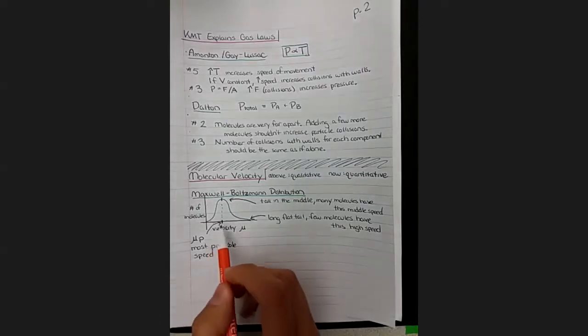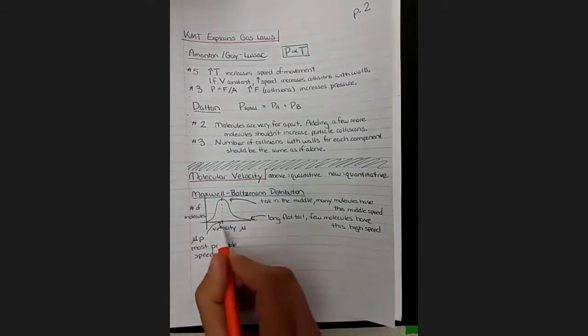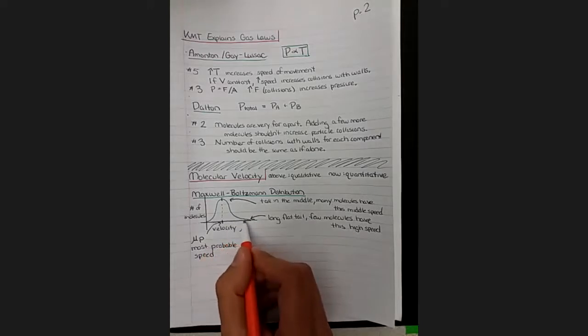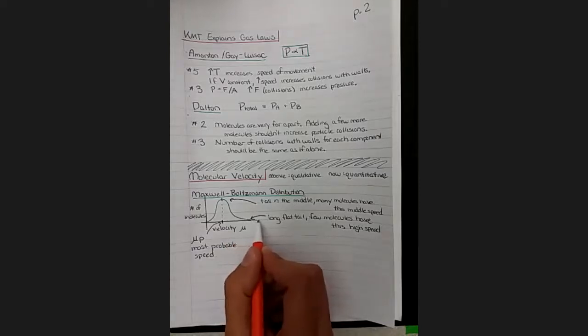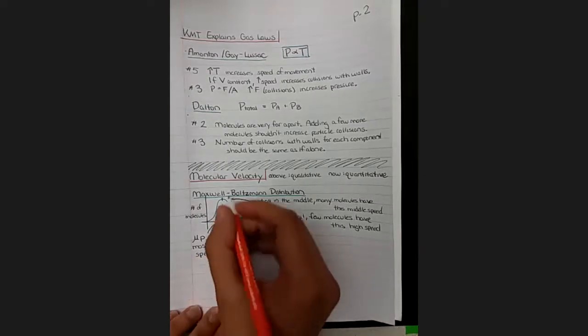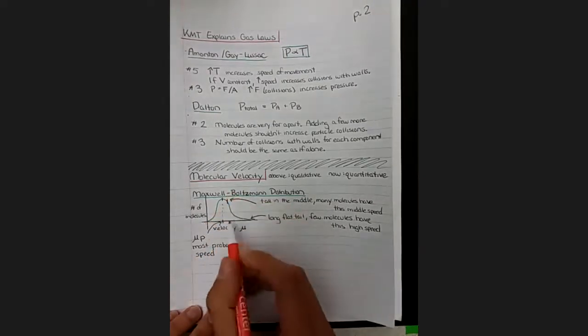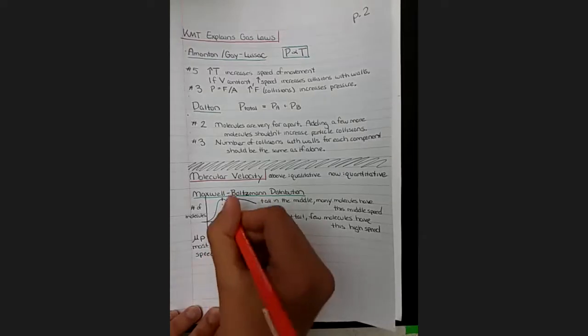So if we magically had the ability to measure the velocity of a particular particle that we snatched out of the container and put it on a little treadmill and figure out how fast it was going, it's most likely that we would pick a particle with this speed, because there are the most number of molecules here. But that's not the most accurate representation that we could pick, because remember, the tails are not the same size. This tail on the right side is much longer, so there's a few more particles on this side at higher speed than there are on this side at lower speed. So a better representation of the average speed is going to be right here, slightly higher than that most probable spot.